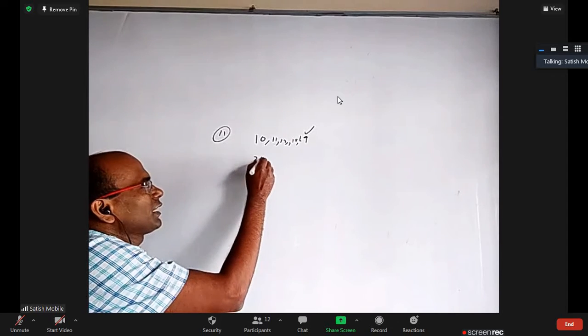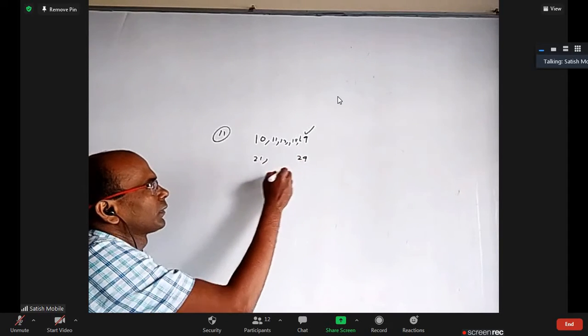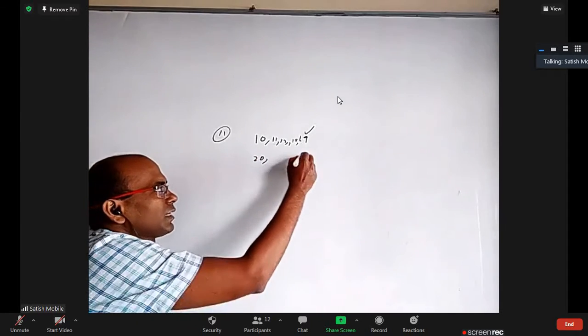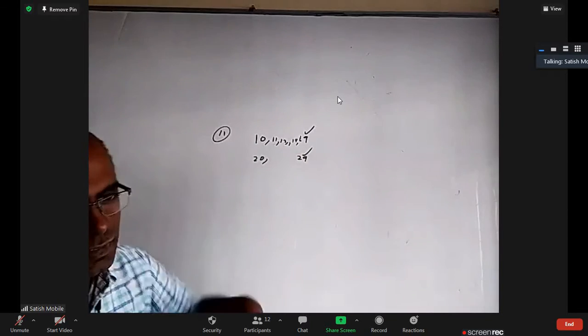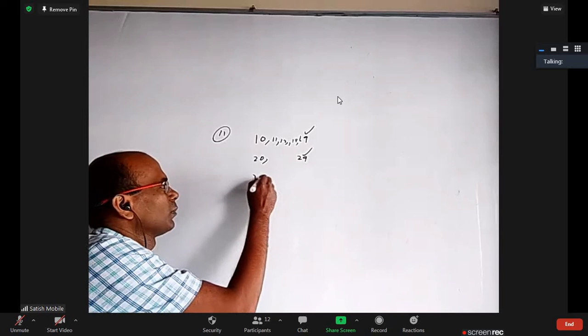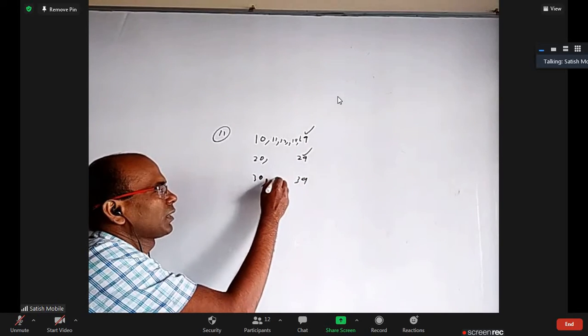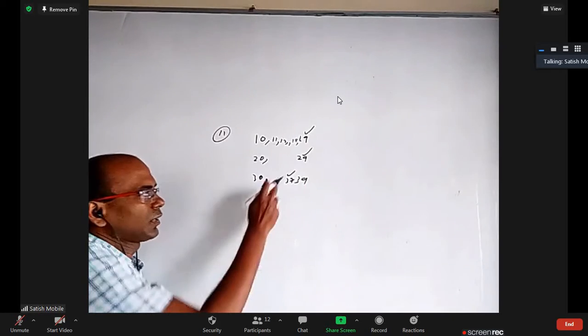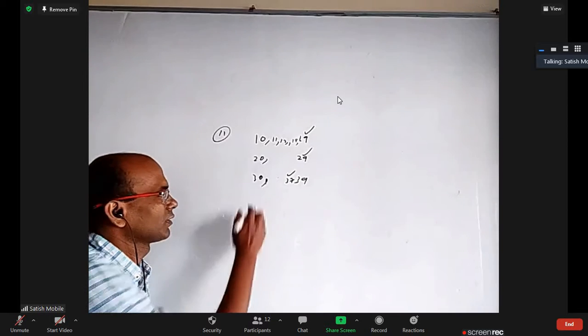You take 21 to 29, or 20 to 29. Again, 29 is a prime number, or 23 is a prime number. They all have the same tens digit, so they are also almost prime. Between 30 to 39, we have a prime number. Let's say 37 is a prime number. Because 37 is a prime number, 30 to 39, everything is almost prime, including 37.